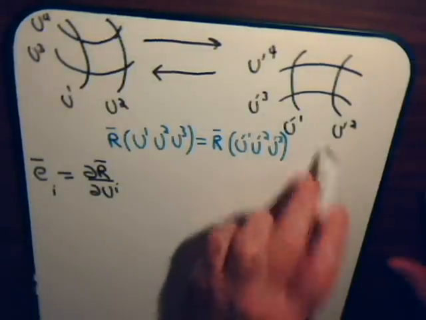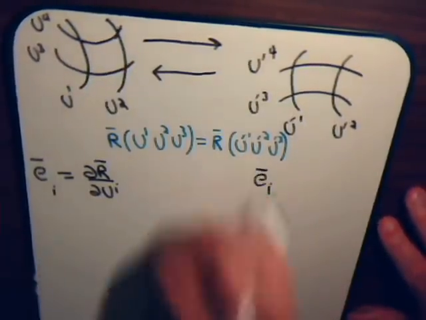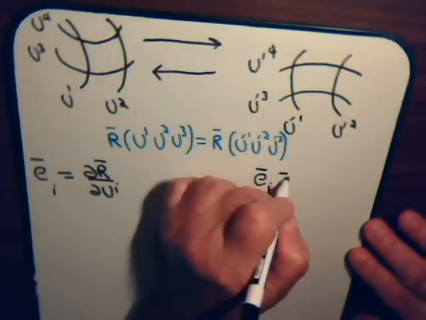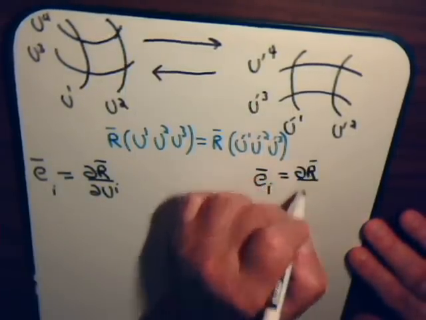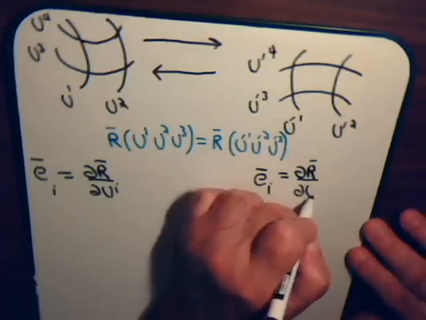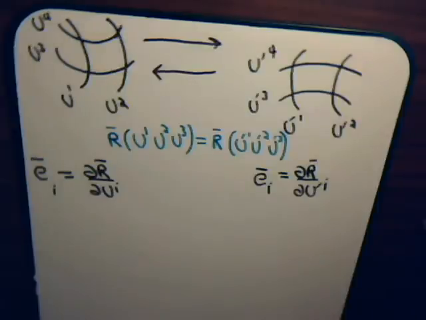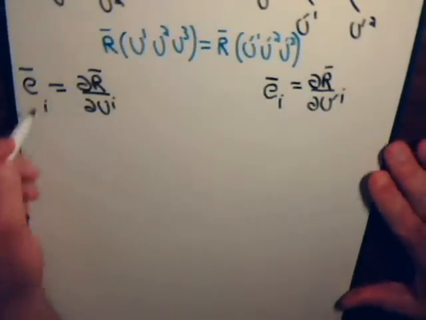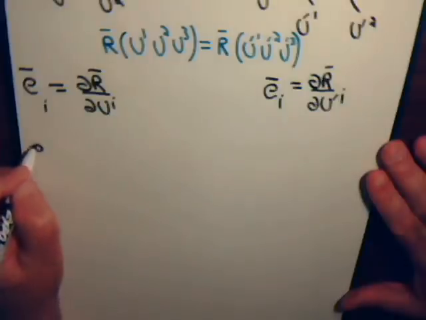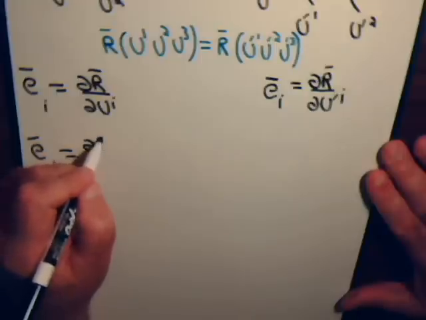Now, in the U prime system, that will equal the partial of R with respect to u prime i. So we could say that EJ, that would be the partial of R